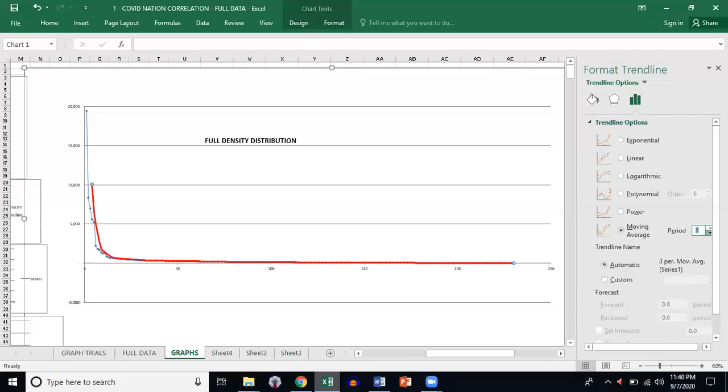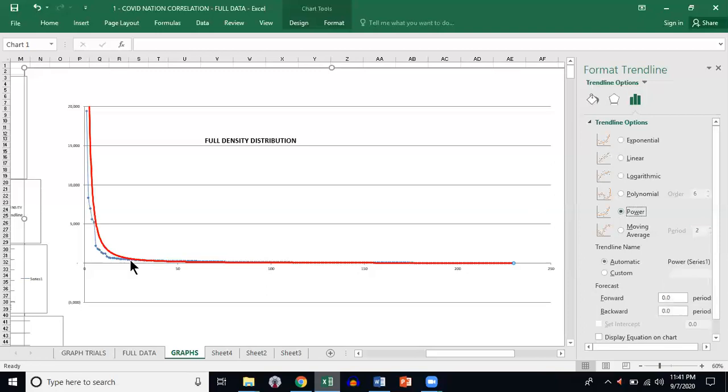But if we decrease it all the way down to only 2, which is the minimum, you see that it's leaving some data points out. Like I said, any density that is above 14,000 people per square kilometer is not included in that trend line. So it's not as complete as the power